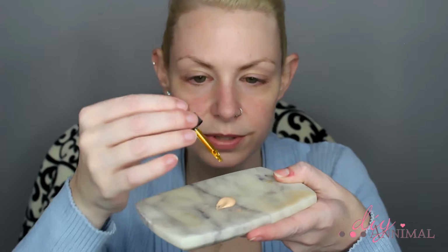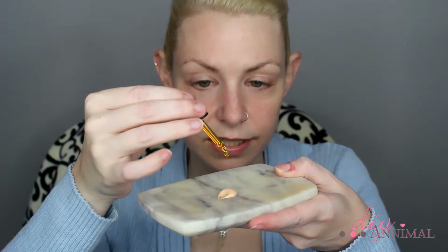Then I shake up my oil, and very carefully I'm gonna do this because I don't want to spill my oil because I'm not holding on to it. Just so I can show you what I'm doing, I am literally putting 1 drop of oil in my foundation. 1 drop. Now, the reason that I do this is not just to help thin out this particular foundation a